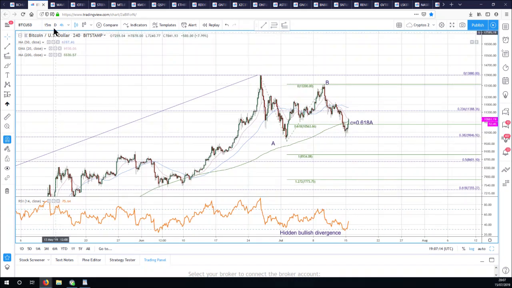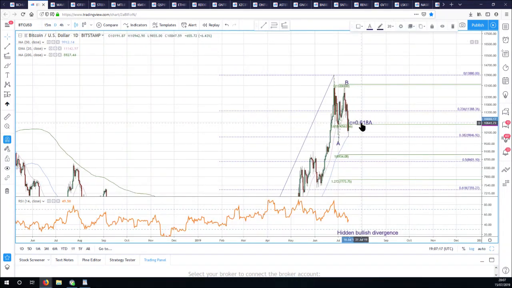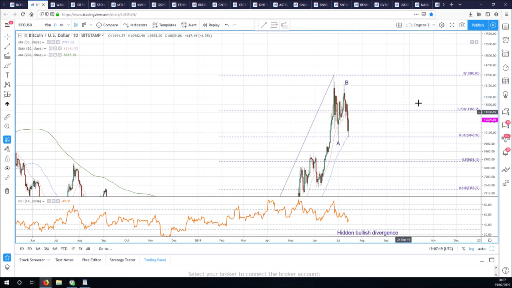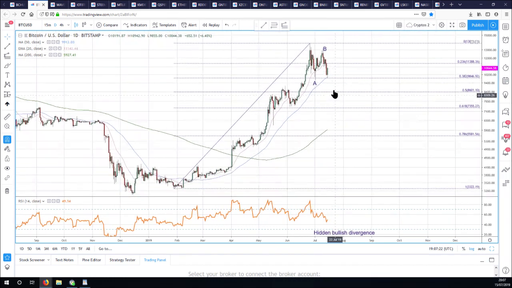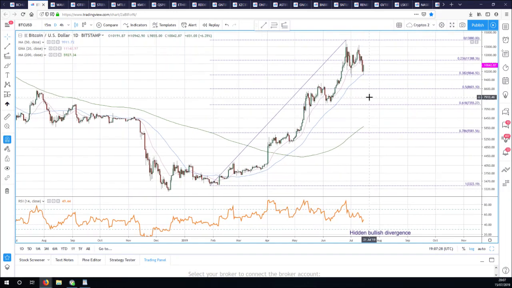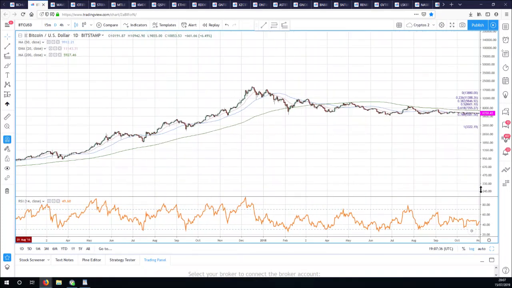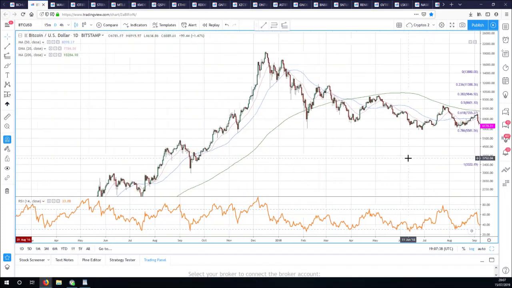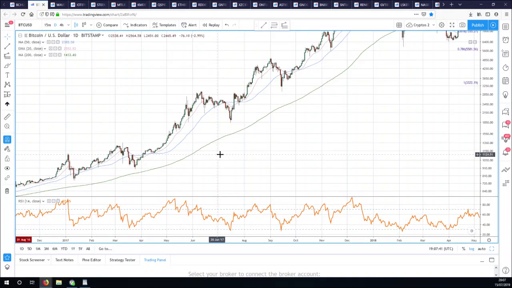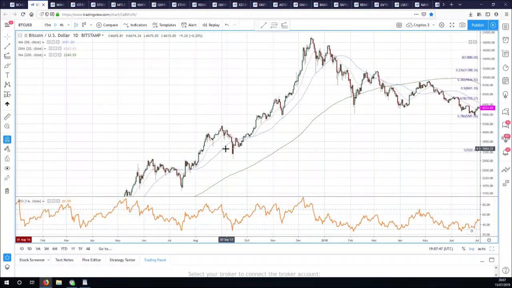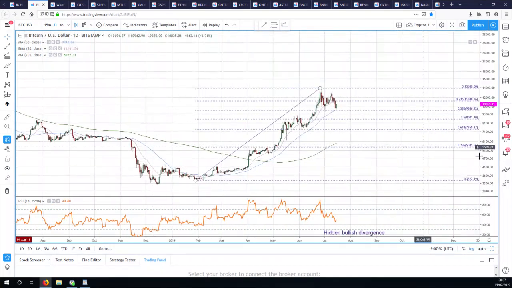One of the reasons I think it overran was the daily 50 moving average. If we look back at previous rallies, all the way up we've been supported by the 20 moving average, and the 50 moving average is like the backstop. Let's go back to the rally we did in 2017 and look at how this behaved then. You can see that the 50 moving average very often was support or resistance, and certainly when we got into the stronger parabolic phase it was. So this bounce today was quite predictable.